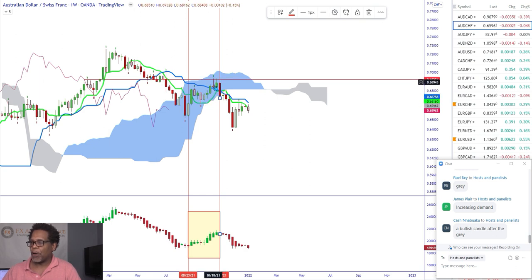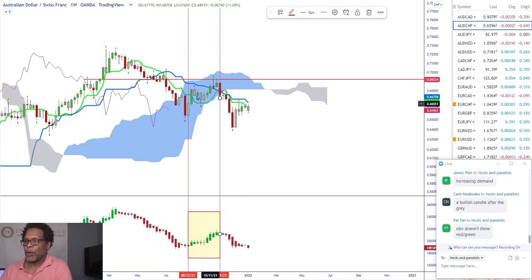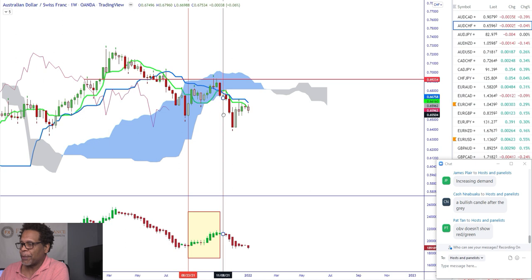Okay. Because here, right here, I would have probably been looking for a bounce, and because you got a rejection off of your cloud and your TK crossover is bearish, and then you could see this rejection candle. So then we're probably setting up a trade for the downside, and we probably would have started looking here. But for sure, the market showed that supply right here, started showing it right there, right? And then you saw that supply kick in.